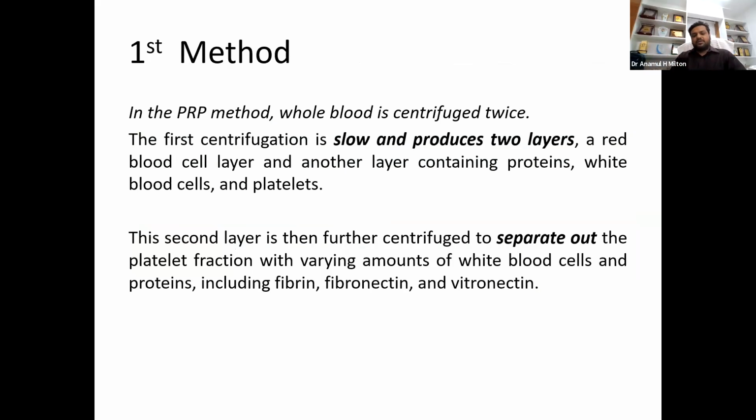So in case of the first method, that's the PRP centrifuge method. First we have the centrifuge. It is called the slow centrifuge because the rotation time is okay, but the centrifugation speed per minute is very low, around 2000 to 2200 per minute, because it only separates the RBC from the other components like the platelets and WBC